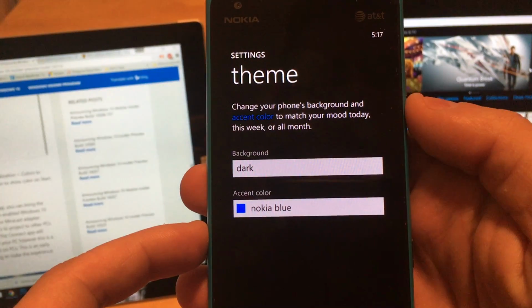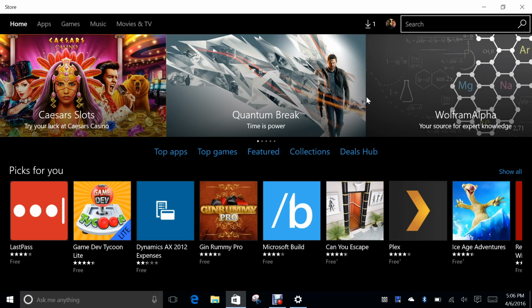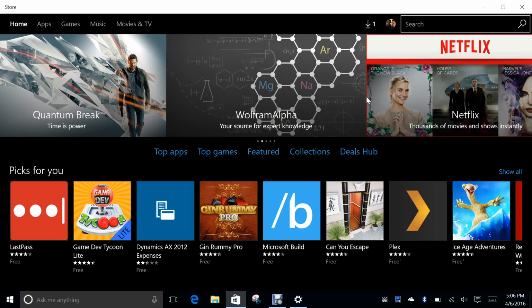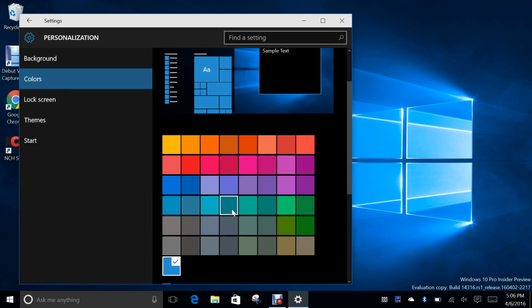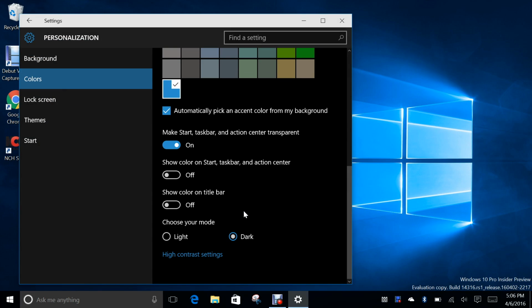There it goes. It takes a little while. It's a single core processor, but it happens, all right? This has been a feature for a long time. It's great to see it on the PC now. It's something we've actually had on the PC for a while, if you knew how to do registry changes, but you don't get the toggle like that. It just kind of sets it to a dark theme. It's a great little personalization